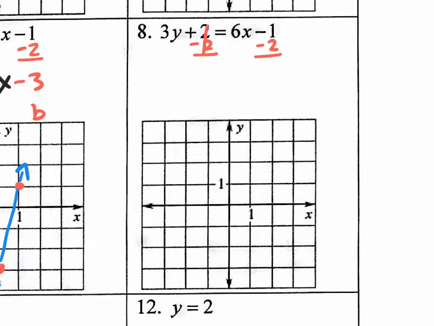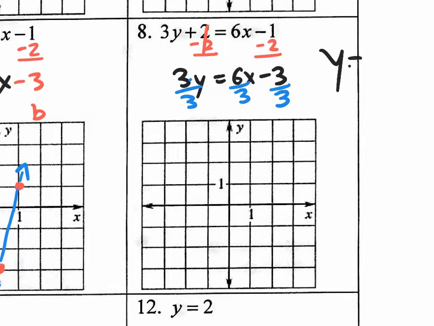And we end up with a -3. -1 minus 2 is -3. And let me rewrite everything. I want to have my equal sign, my 6x, bring down my 3y. So now I need to get rid of that multiplication of 3 right in front of the y by doing division. So you divide by 3, divide by 3, divide by 3. You're going to end up with y equals